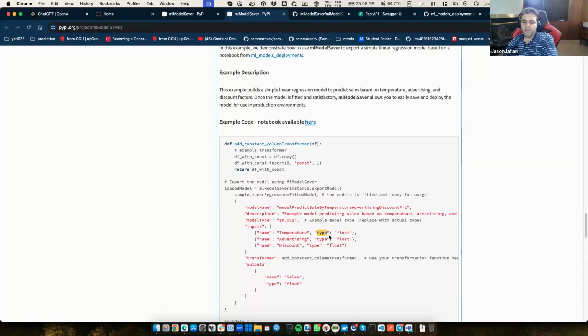For now, the type value here I put is just for information, but in the next version of that module, I'm gonna go ahead and also add a more strict way: if the type you are sending, the one you would like to predict, does not match, it is going to throw an error, just for a better understanding. And also the mlModelSaver has one